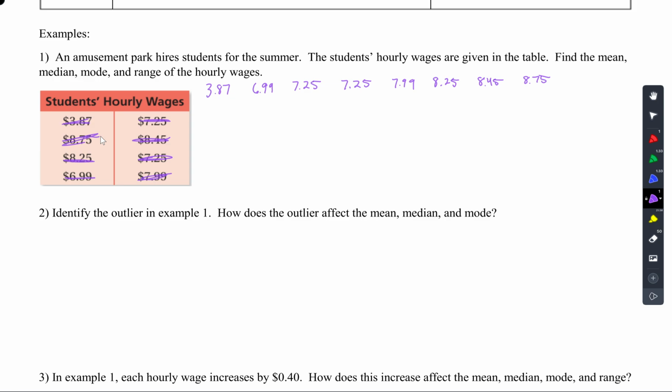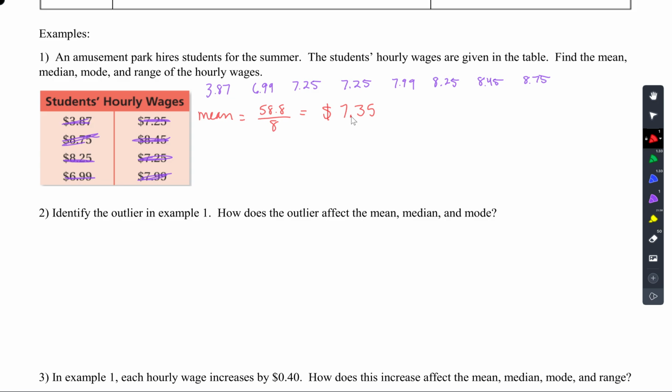You don't need that for the mean, but the mean is the average. So mean means you add them all up. You guys know how to do that. You just go plus between them, you'll be fine. I got 58.8 when I added them all up. And if you count how many there are, there's 8 of them. So you're going to take that number and divide by 8. So your mean is going to be